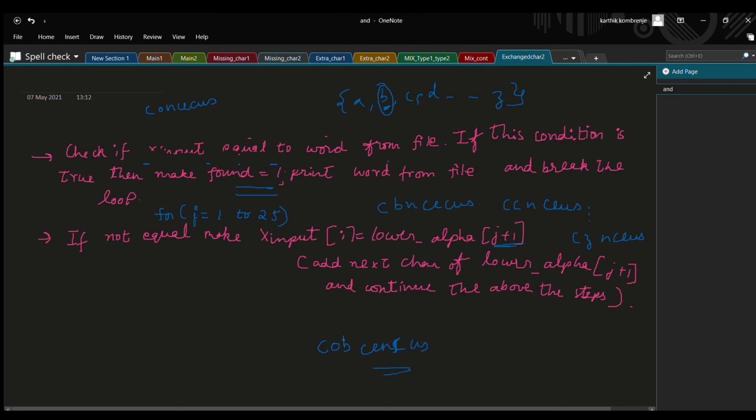So over here, "cobcensus". Again this will check if it is present. If it is not present, it will go on, and if the correct word is present, then it will break and print it. This is how it works.